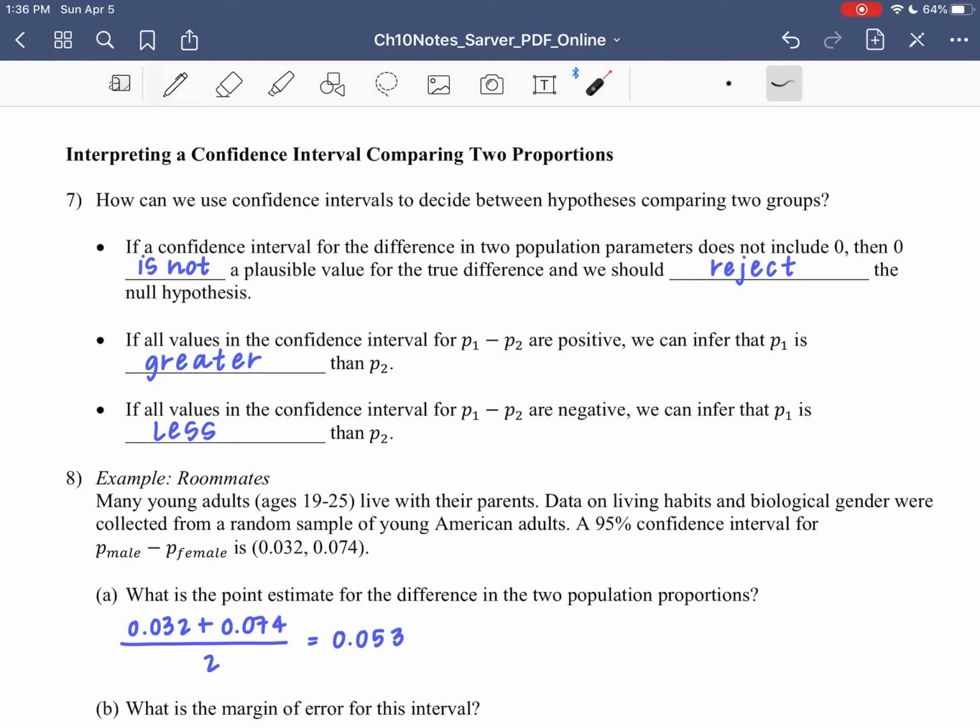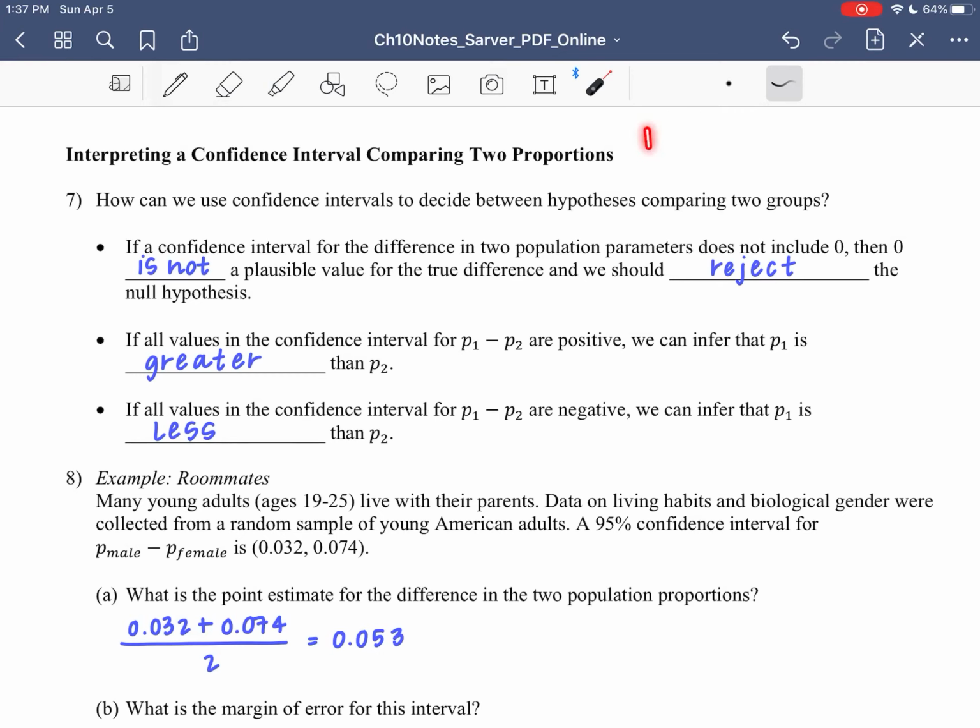So just a couple of things to keep in mind when we're comparing the results of a hypothesis test to a confidence interval. We can make some important statements based on those two things. First bullet: if a confidence interval for the difference in two population parameters doesn't include 0, then 0 is not a plausible value. Think about it: this is our null hypothesis, P1 minus P2 equals 0. If 0 isn't included in that interval, we're saying 0 isn't a plausible value for the true